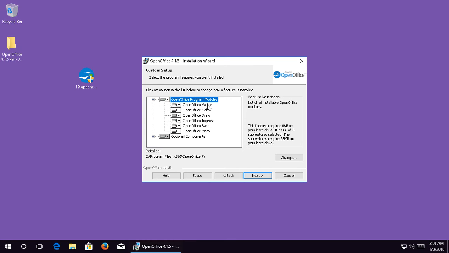The writer is the word processor for OpenOffice Apache. It's similar, it's the same, well, it's not the same thing. It's the open source version of Word or WordPerfect. Microsoft Word is OpenOffice's writer. Calc is the spreadsheet. Draw is